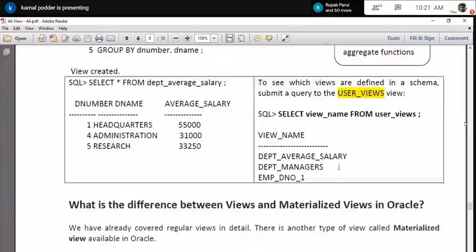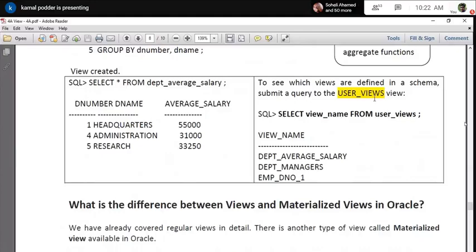Okay, I have already told you that all these object definitions are stored in the data dictionary. Similarly for the view also, the definition is stored in some table in the data dictionary, and the database manufacturer provides a very useful view, which is called USER_VIEWS. If you have created maybe 100 views and forgotten the names of what you have created inside the database, and you really want to check all the view names, you just give select view_name from user_views.